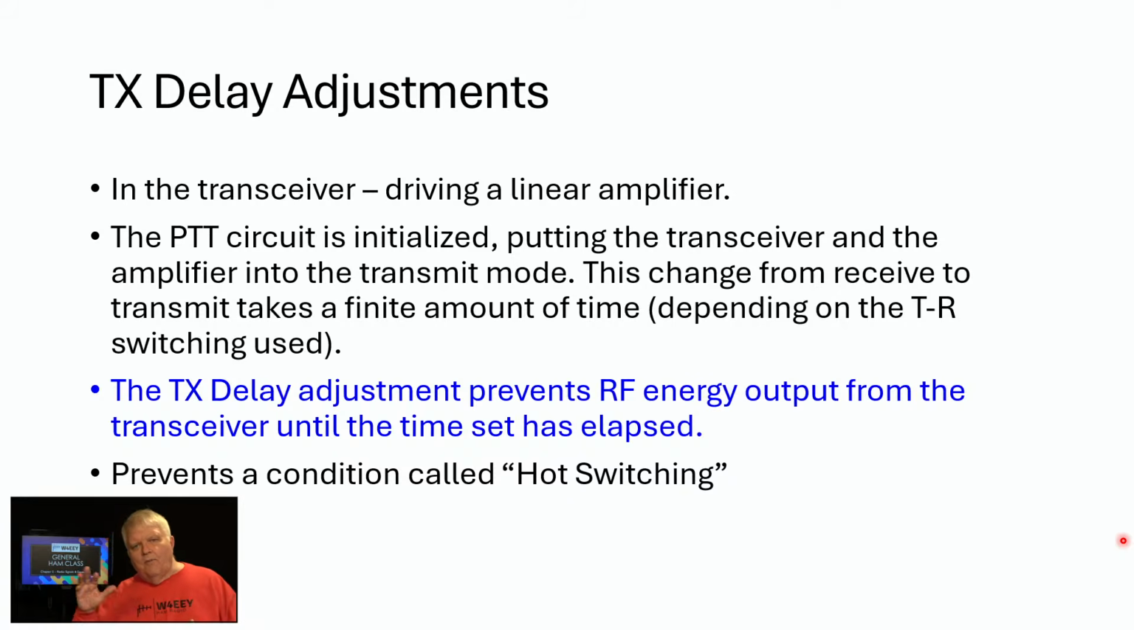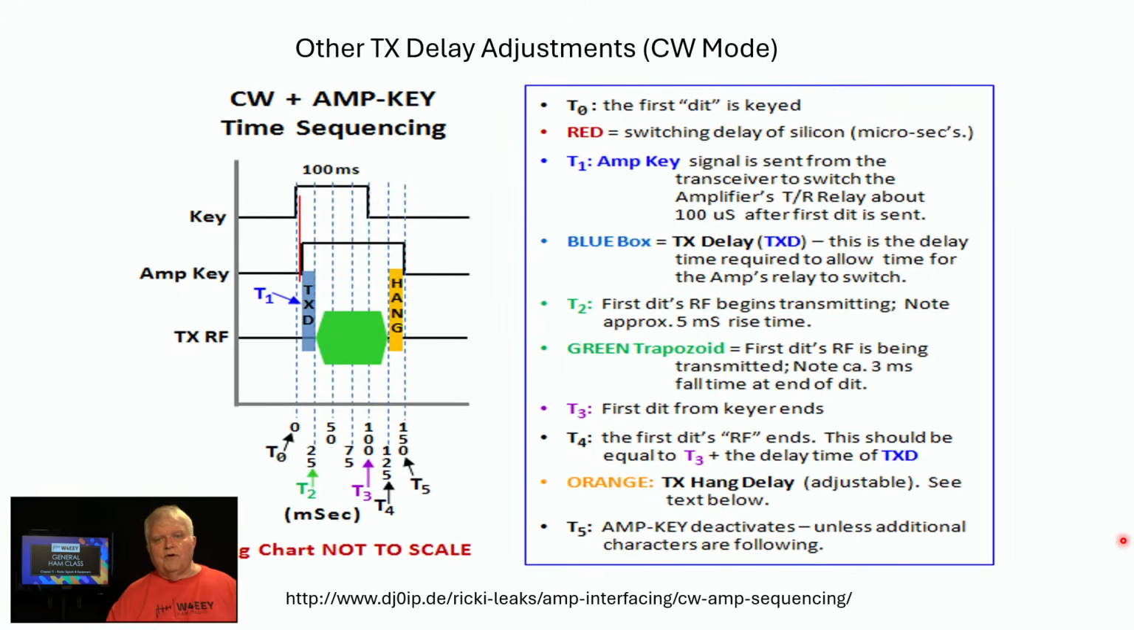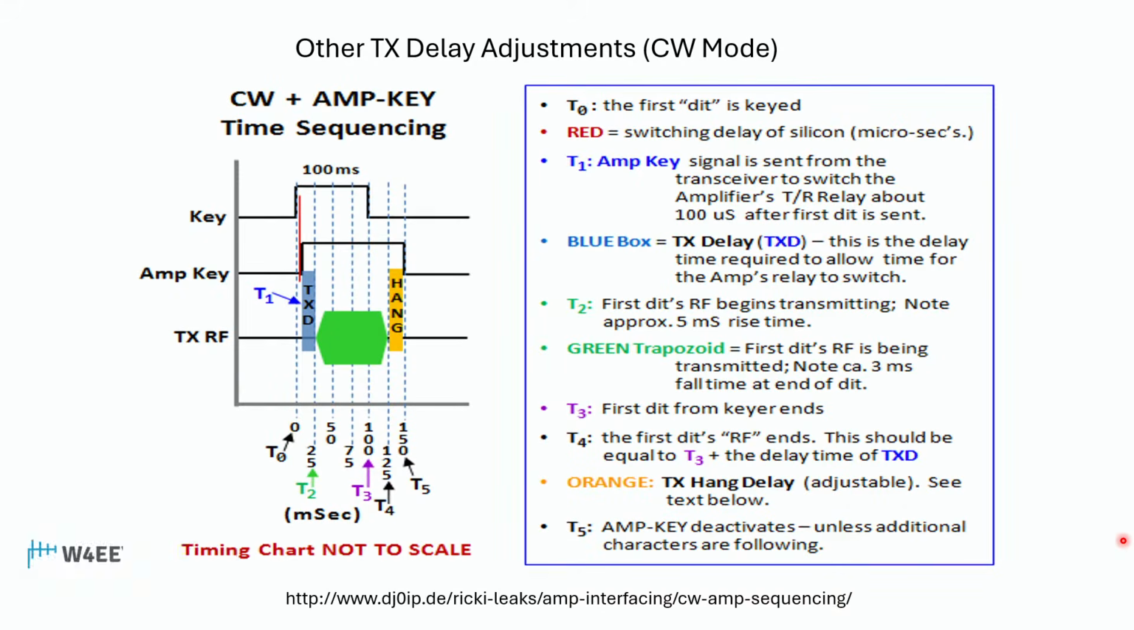Now, more modern amplifiers use PIN diode switching, and that is not mechanical in any way. It's electronic with a diode. It happens instantaneously. This becomes less and less of an issue. Also, delay adjustments, if you're going to be doing Morse code. There are some other TX transmit delay adjustments called hang time and other things that you just need to be aware